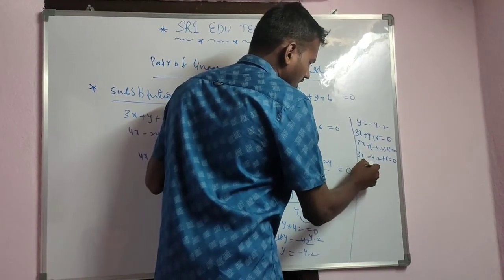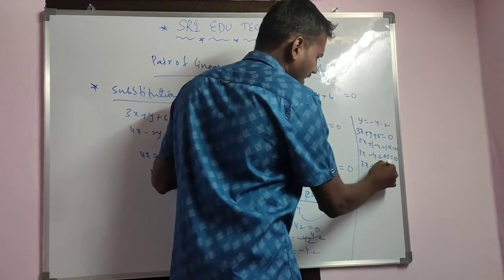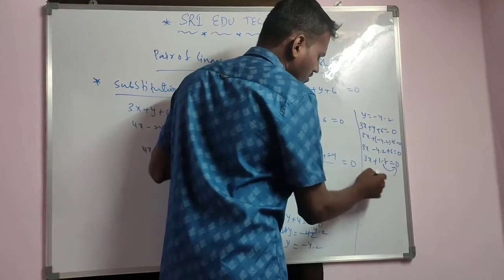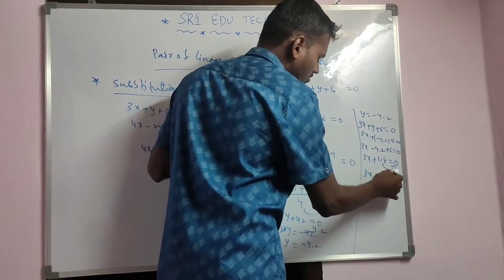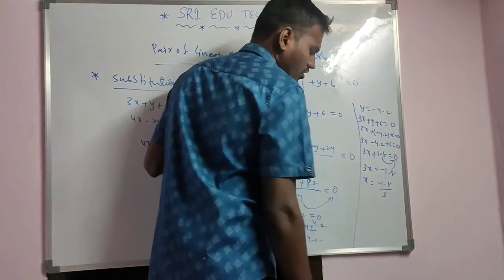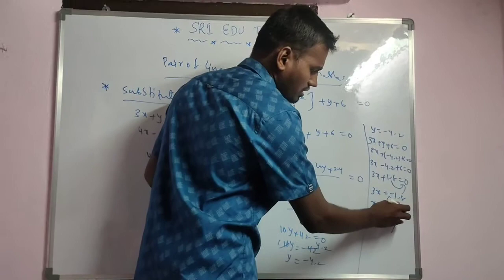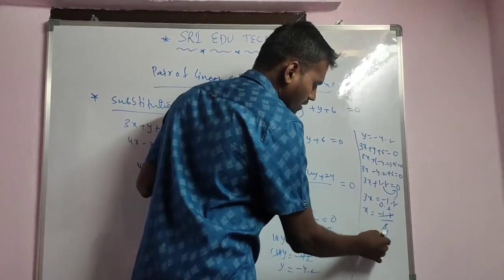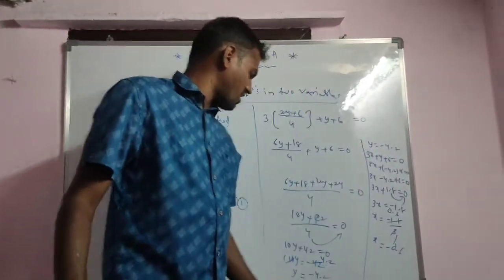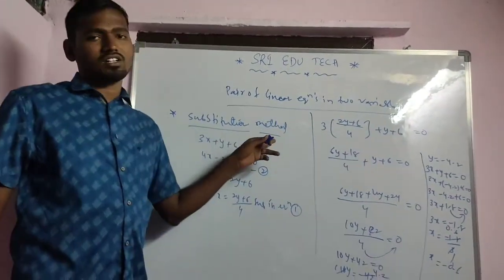Then 3x, 6 minus 4.2, how much? Plus 1.8 is equal to 0. Then 1.8 transfers to RHS, then 3x is equal to minus 1.8, then x is equal to minus 1.8 by 3. Then 3 1s are 3. First we have to keep 0 here, then 3 6s are 18, and x is equal to minus 0.6. So x is equal to minus 0.6 and y is equal to minus 4.2. So this is the substitution method.